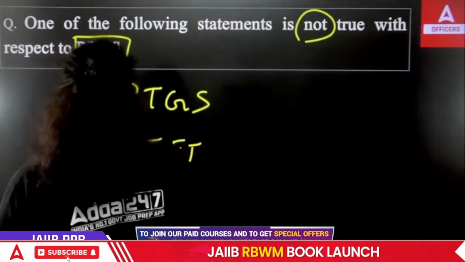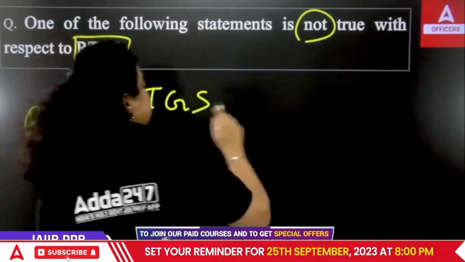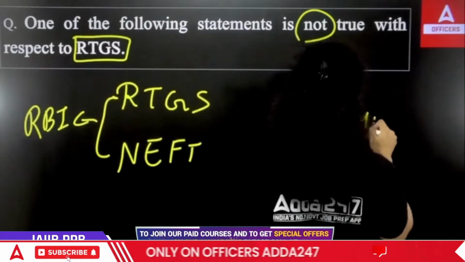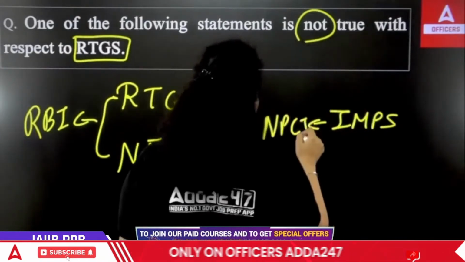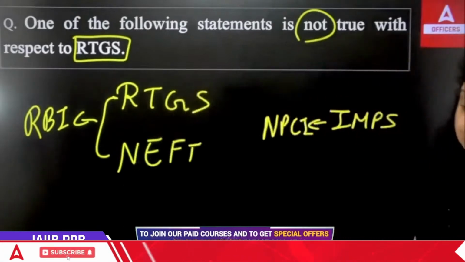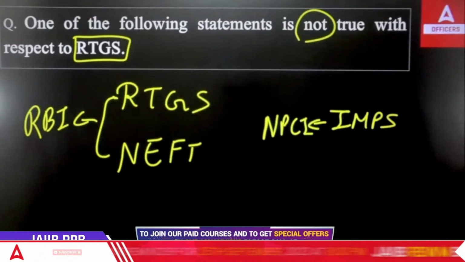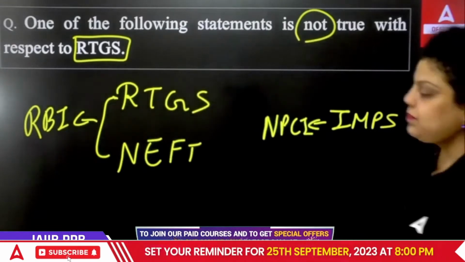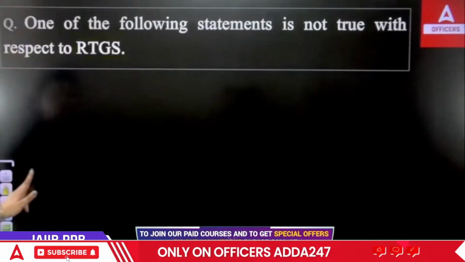These both are right now managed by RBI, but if I talk about IMPS, it performs the same service for us, but it is managed by NPCI. Do remember that. NEFT and RTGS come under the RBI, but IMPS is managed by NPCI. Okay. So now if I talk about RTGS, real-time gross settlement,